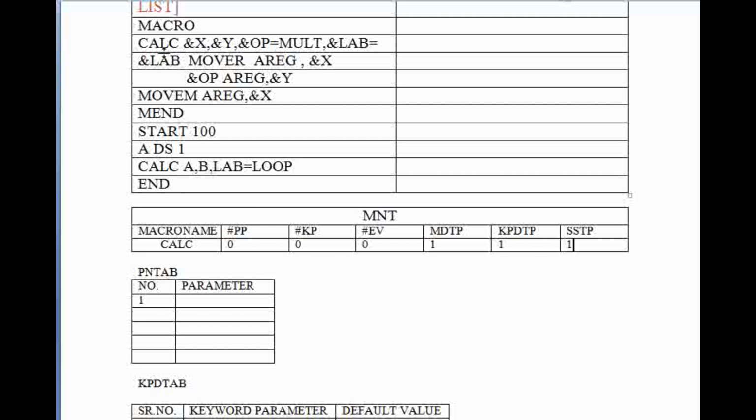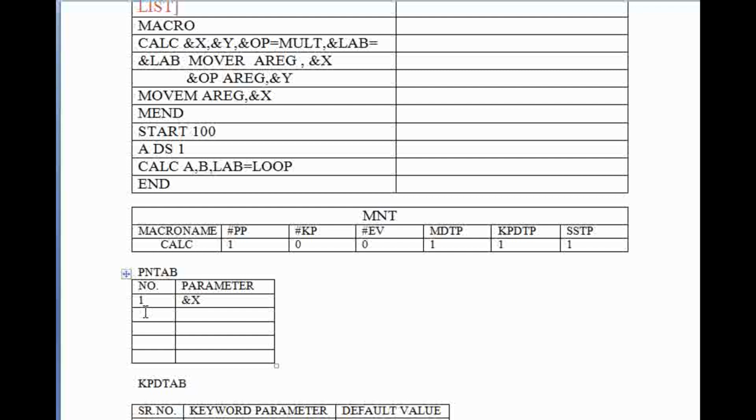Now after we have entered the name of the macro and initialized these values in our MNT, the macro processor would look at the first parameter, which is &X, a positional parameter. So #PP is set to 1 because we have found a positional parameter, and the entry is made into the parameter name table.